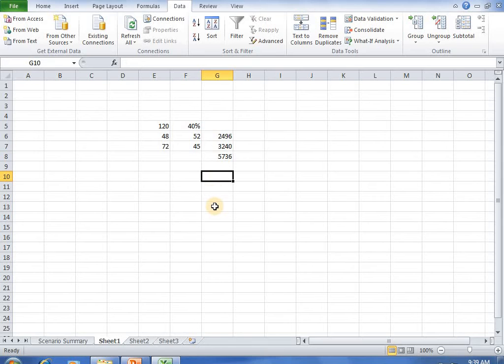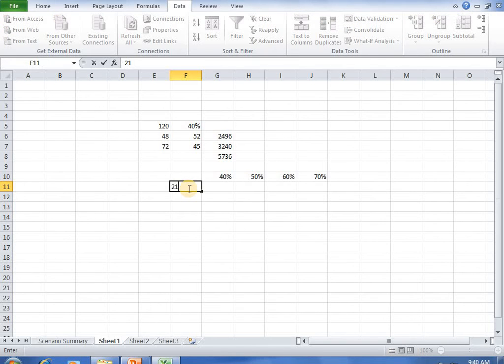Before doing the data table, we have to mention the values in terms of percentage, like 40%, 50%, 60% and 70%. This cell we have to leave blank, and here mention the values sequentially.